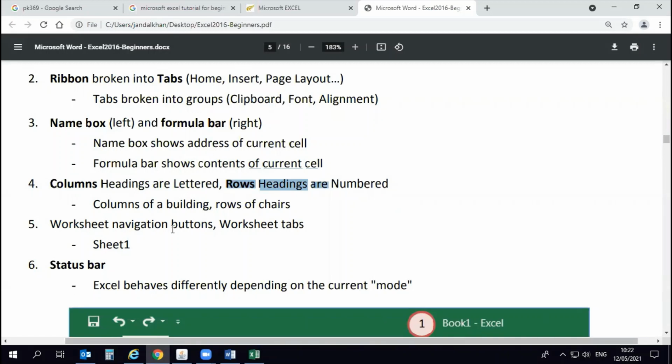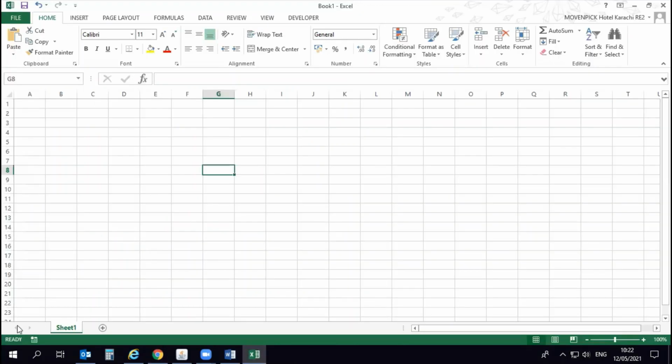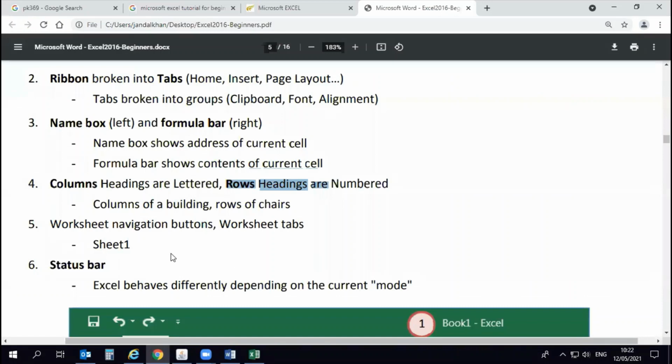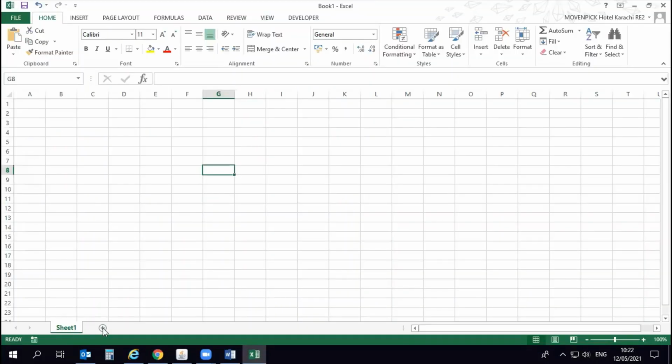These are the worksheet navigation buttons, and these are the worksheet tabs. We can add multiple sheets over here, and we can click a tab, so it will show us the worksheet which we select. If we have multiple worksheets, like I'm going to add multiple worksheets,